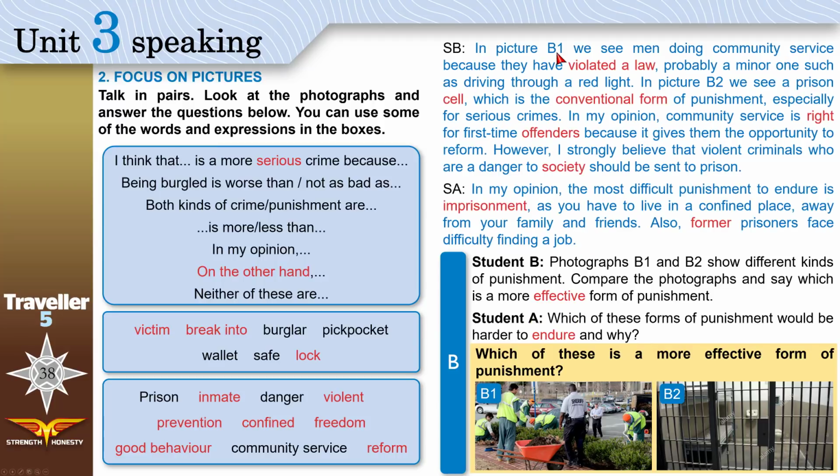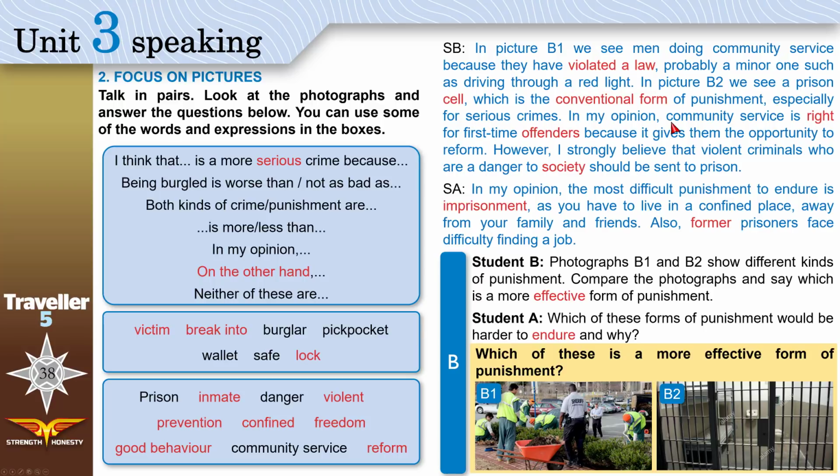In picture B1, we see men doing community service because they have violated a law. They have broken a law. Probably a minor one, not a serious one, such as driving through a red light or speeding. In picture B2, we see a prison cell. A cell is a room inside a prison, which is the conventional, the common form of punishment, especially for serious